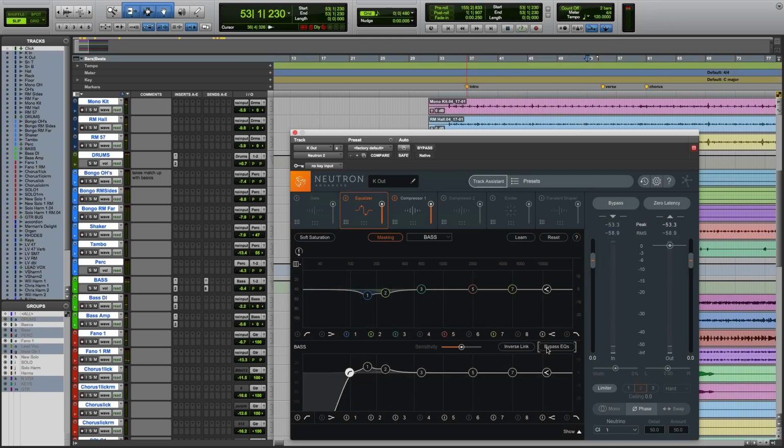So to my ears, we have so much more definition of the bass now, and the kick is kind of owning that sub-frequency space, which is helping people bop and kind of get into the song. But the most important thing is I can hear those two elements a lot more than I could before. Before we made these moves, I feel like it was kind of a swampy low-end mess.